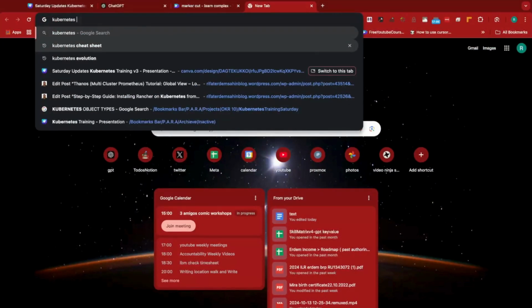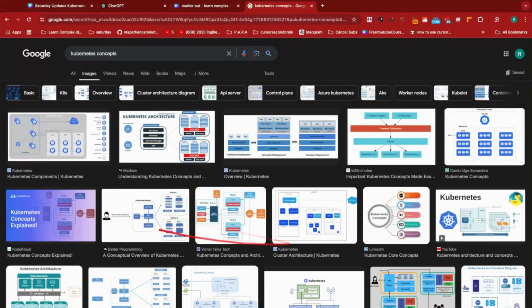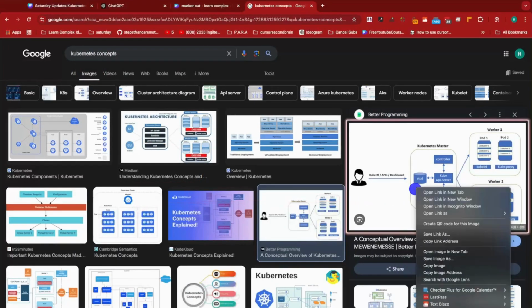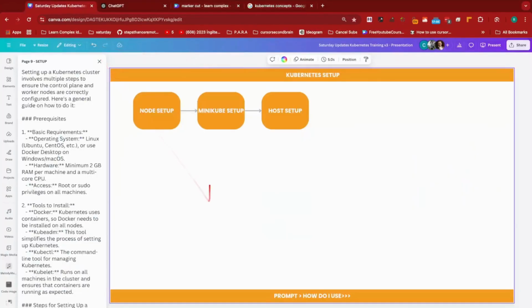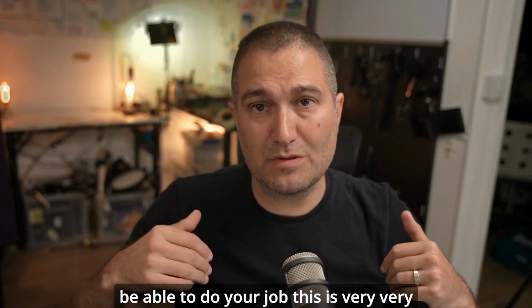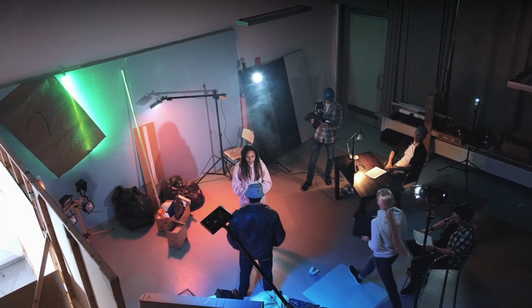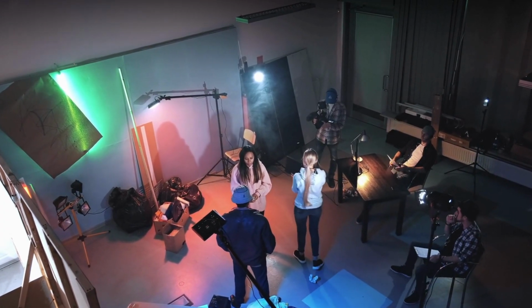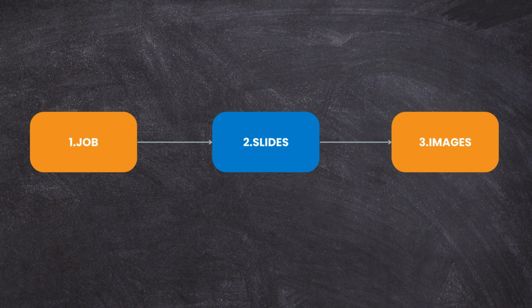Once you put the pictures inside, it is going to be your storyline, meaning in those presentations, you are creating a frame-by-frame system to be able to follow up. Once you put the pictures inside yourself, to be able to do your job, this is very, very important. You are creating your own storyline and you are going to be able to follow it. That is the real part of our learning framework. First your job, second the slides, then we are going to place images in those slides.